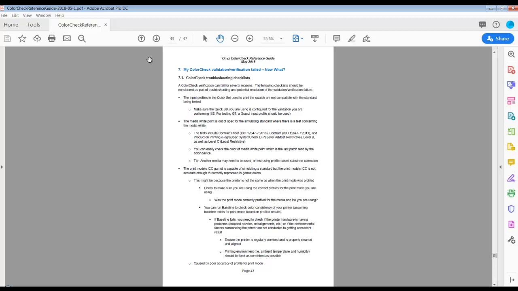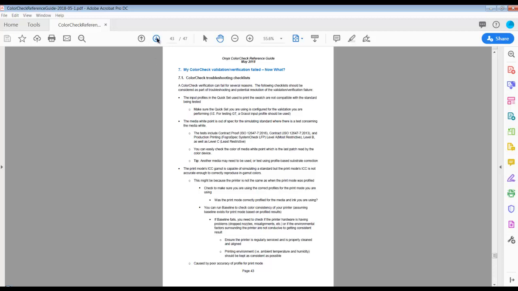And in some cases, every shop might be a little bit different, but in some cases it could just be your environment, temperature, humidity, media type, ink set, printer condition, or possibly it's time to perform a calibration and do a recalibration. And that might be something that takes place at the printer level or within the RIP software.